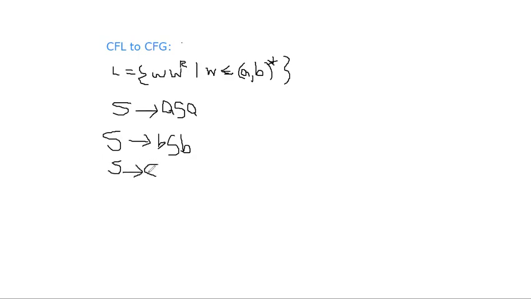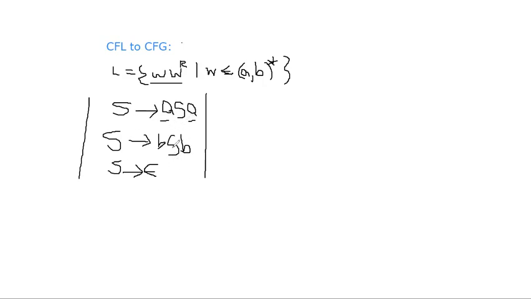Is it clear? So this is the CFG, the context-free grammar for WWR. You can take any string W and WR; just by repeatedly substituting or using these production rules, we can get that particular string. So these three are the context-free grammar rules for generating WWR. If the first symbol of W is A, the last symbol should be A. If you use this production first, then this A becomes the first A and this A becomes the last A. If you replace S with BSB, then this B becomes the second B and this B becomes the second B from the end. That's why these production rules work.